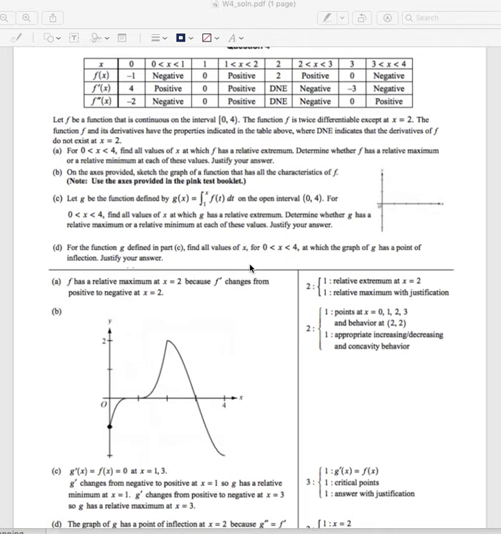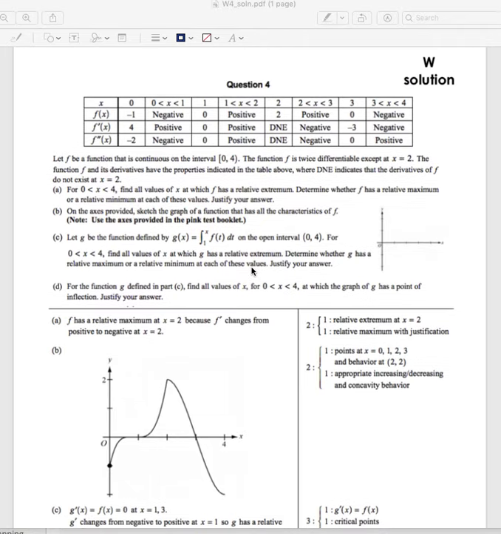All right, let's talk about question W4. W4 gives us a table with a whole lot of information, but it's information about f prime and f double prime for a function f on an interval that's closed on one end, open on the other. All right, so the big thing to realize is that there just seems to be so much information in this